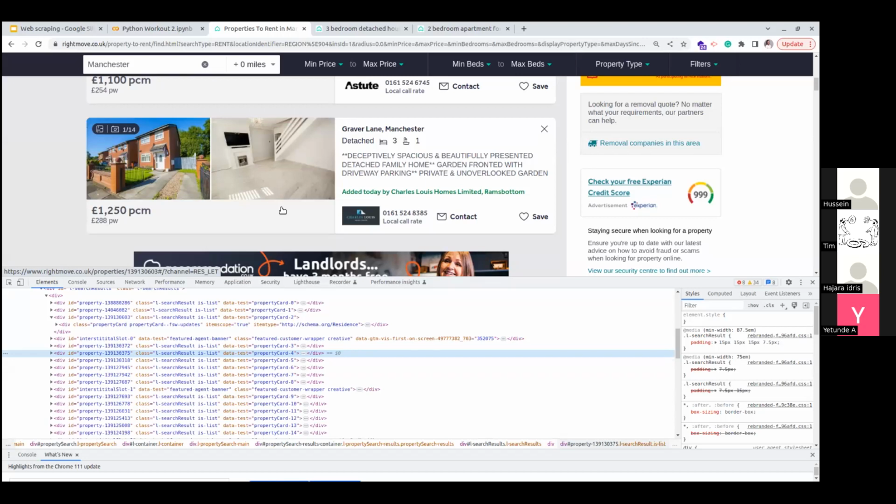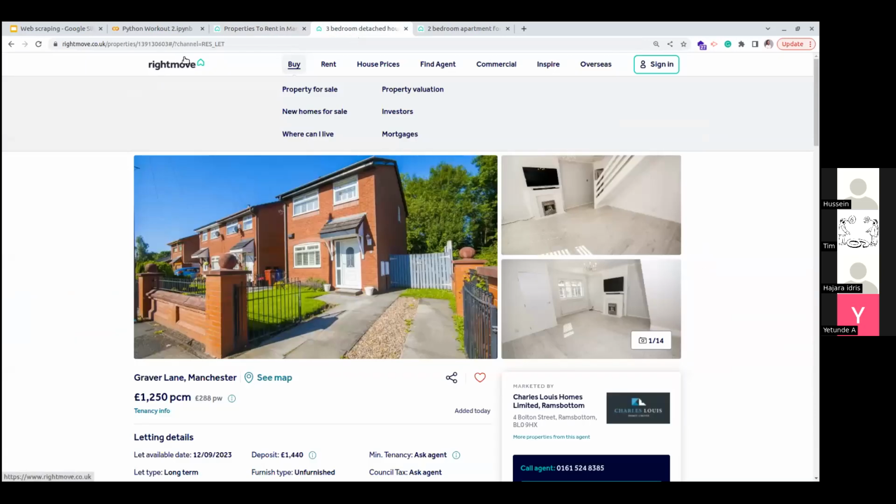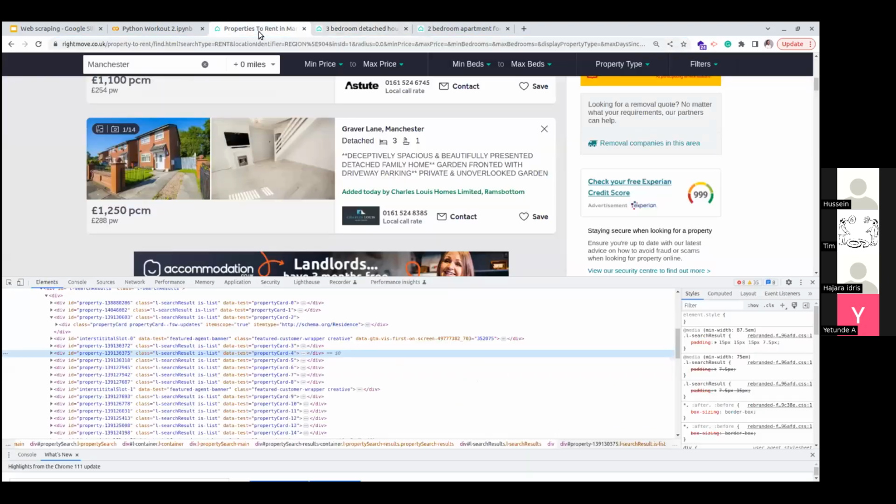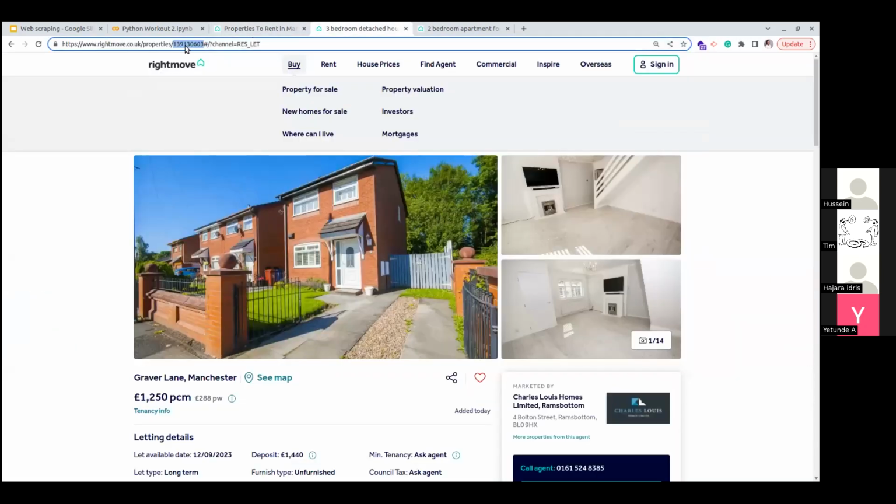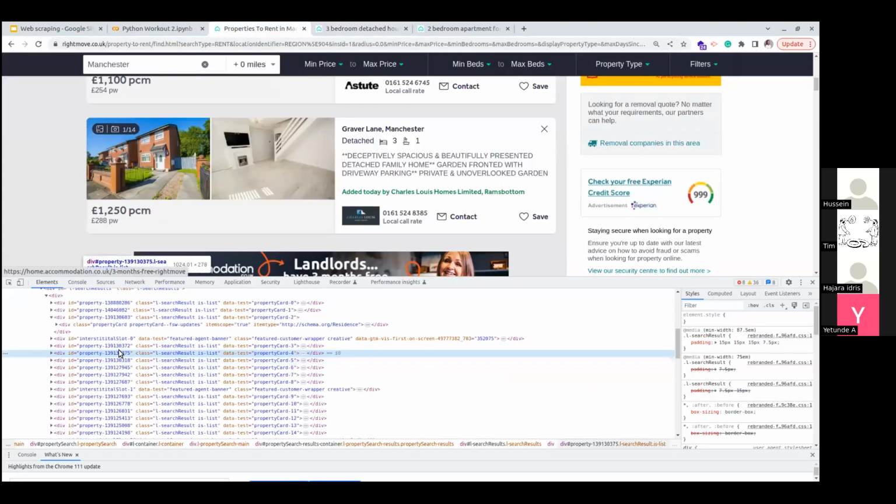So given this, I've explained how we go to each of the links, right? Because they all have it. Some of them, it may not even be the ID. It may be something else. It may be the slug, so I could call this slug. Slug means like a unique ID for a particular page that you're trying to access. For some of them, it may not be this ID that they've given. Although it makes sense that you have many houses, so you just always give them a unique ID. But some may decide to say maybe, what can be unique to a house? I really don't know. So I think an ID is just the best way to go, right?